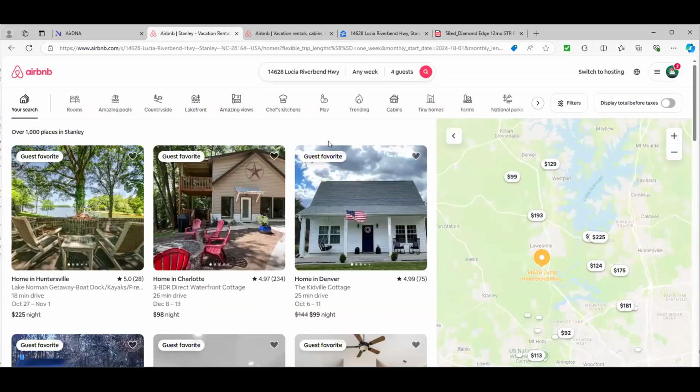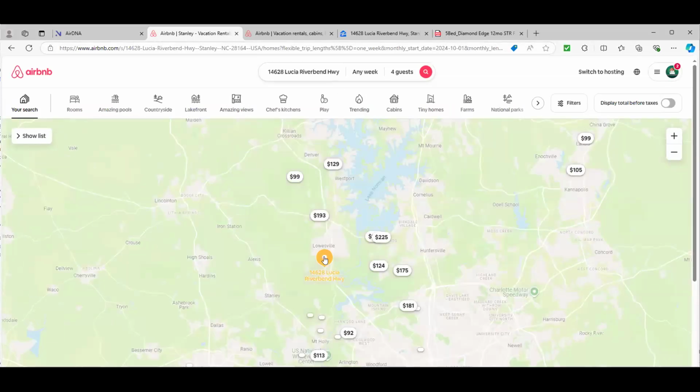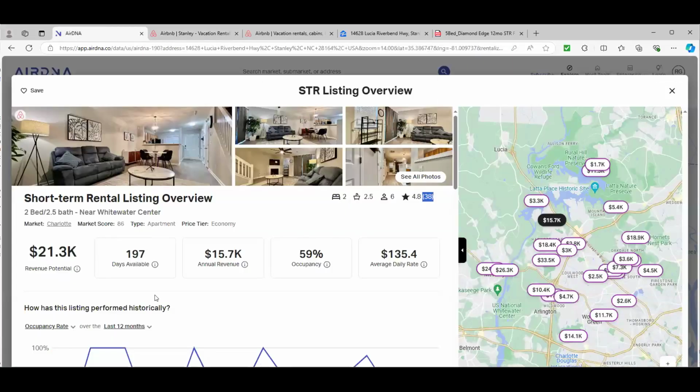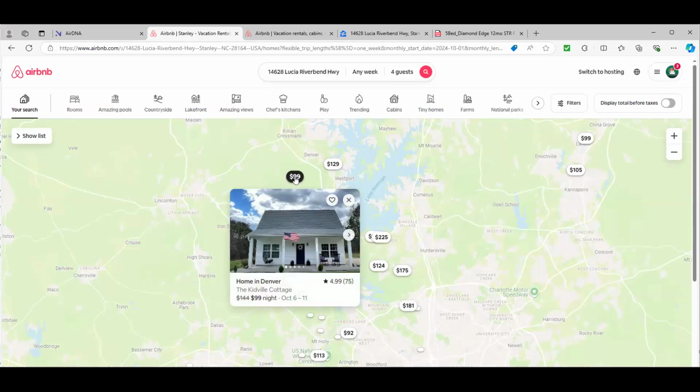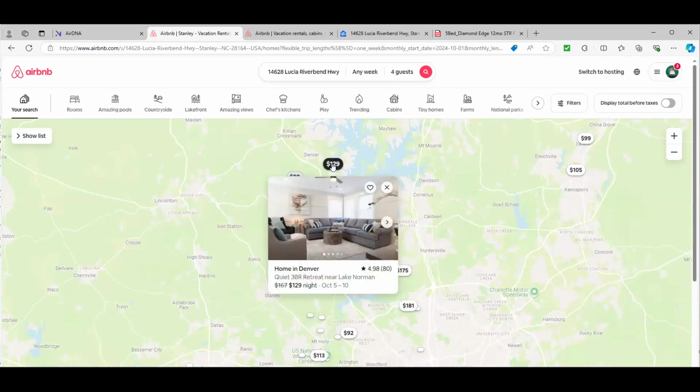So when you go directly onto the Airbnb platform, this basically shows you what's going on right now, right? So if you search for that address, it shows you on the map where your property is. So it immediately tells you in real time today, where are the other options near my property, right? And you might end up looking at some properties that you don't necessarily see in your comp list on AirDNA, because it's not an exact science. So it's just another sanity check to see what the other properties are looking like,